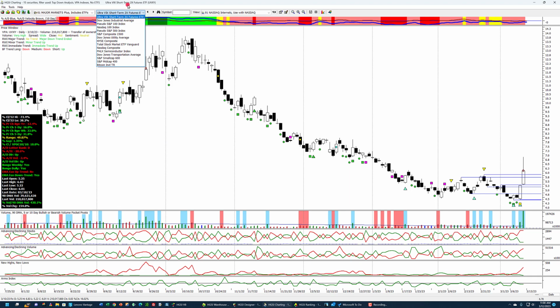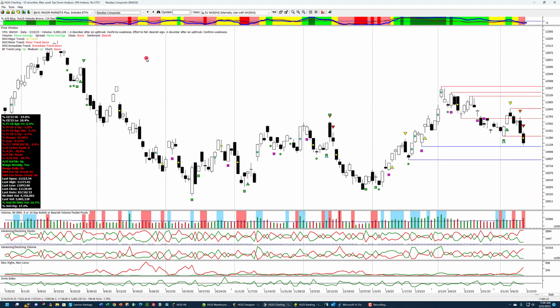So we'll see what happens when the market opens tomorrow. I really have no feel for what's going to happen tomorrow, but let's just concentrate on where the market stands right now. So here's my standard chart. I've got full screen over here. You can see, looking up here, we had a down bar after an up thrust, and there was a little up thrust here where the wick is, and then this red triangle appeared along with an effort to fall, which is a bearish sign. Support going back to this area right here was broken.